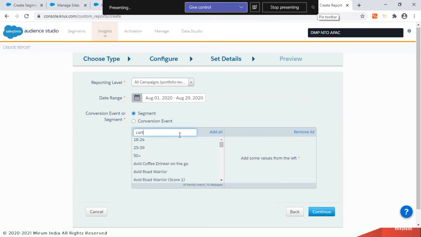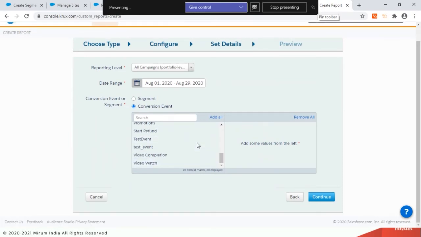So whichever segment I build in the segment creation, whoever looks at my ad and comes on my website and at least reaches a part wherein he goes ahead and does an add to cart activity, either that, or I can define an event on my website, right? So a certain event could be like a video being watched, or a landing page being visited, or any checkout being done. Any such event can get defined.